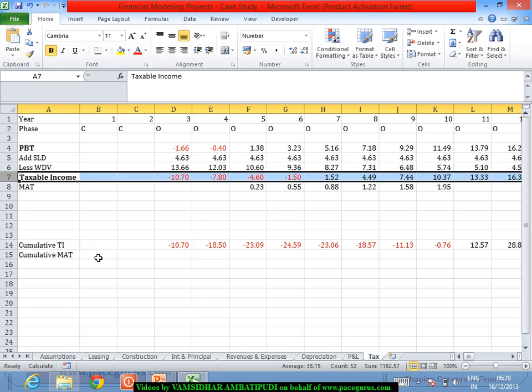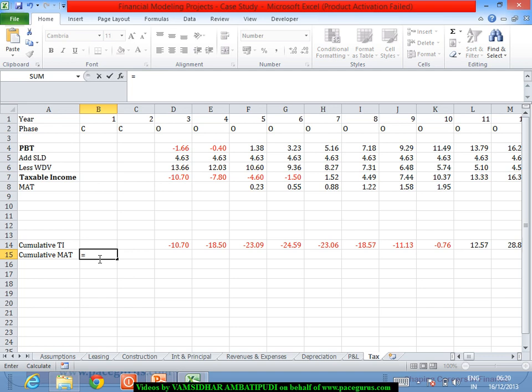So from that standpoint, I am also computing the cumulative MAT, which will work out as, if this is equal to O,